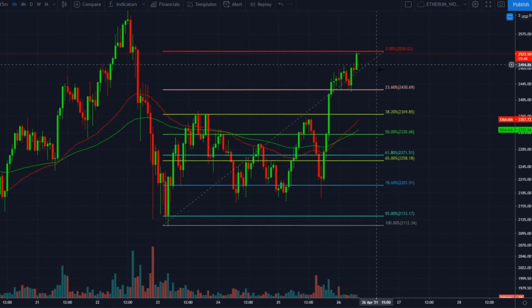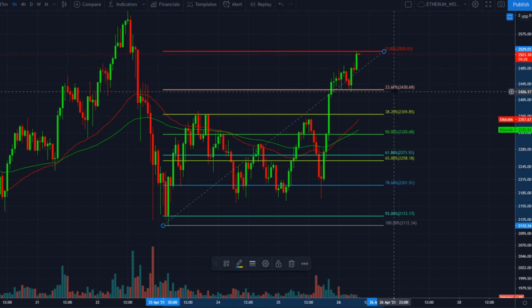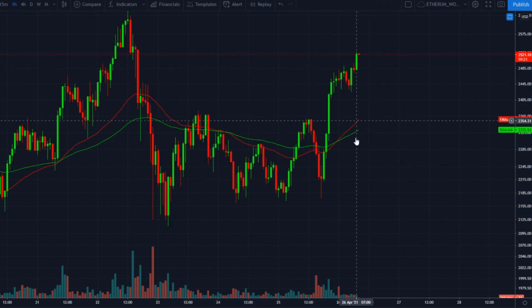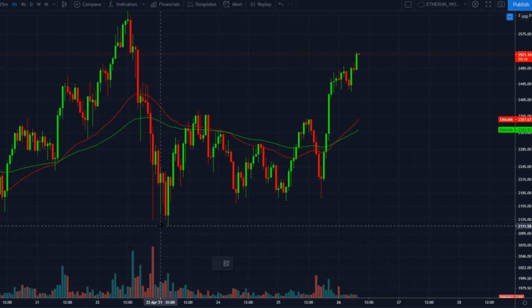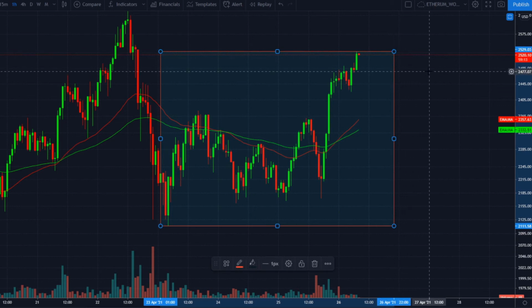Then once you have this one, now this is a very specialized way to enter a trade. If you are late and you did not catch a swing, that would be the situation in which we're expecting a dip and it doesn't happen. So you can do it like that and try to catch those 3 levels, the 38, the 50, and the 61. Another way to do this is to select this entire block right there, and that will be the only